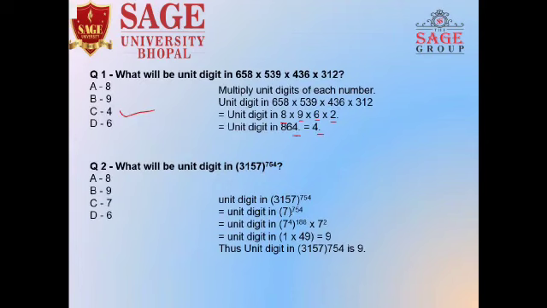Moving on to the previous question. We need to work on 3157 raised to power 754 for the unit digit. We select 7 from the number 3157. 7 raised to power 754 is the expression. So we convert the 754 in terms of 7 raised to power 4. So we divide 754 by 4 and obtain 7 raised to power 4 raised to power 188, and 2 is the remainder. So 7 raised to power 2. And this term is 1, and 7 raised to power 2